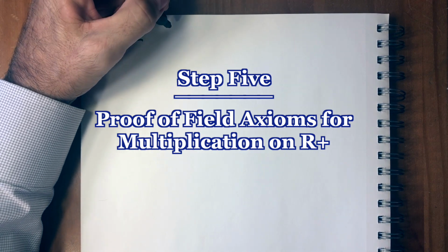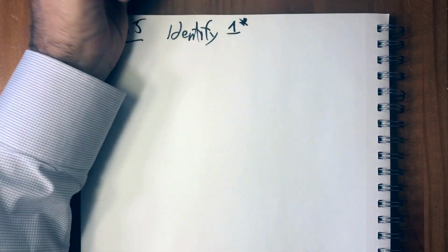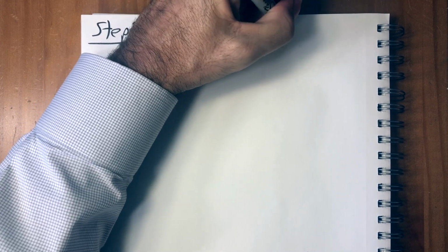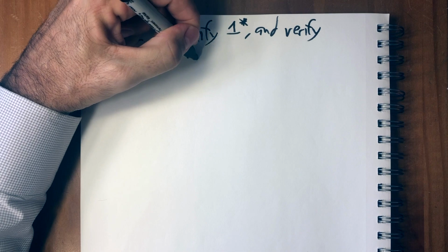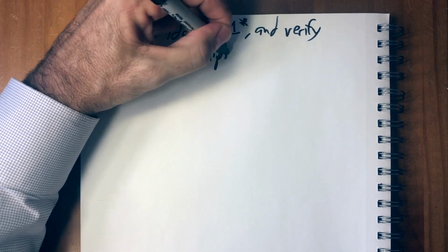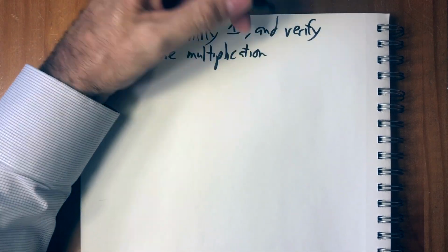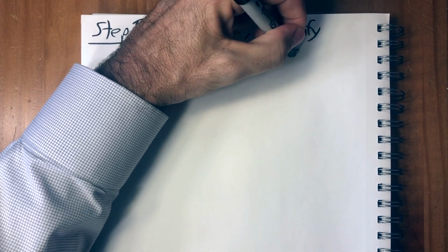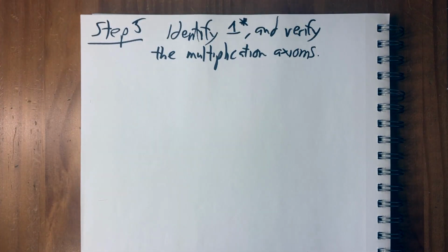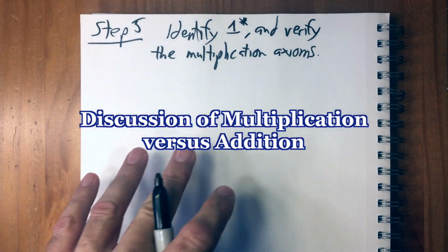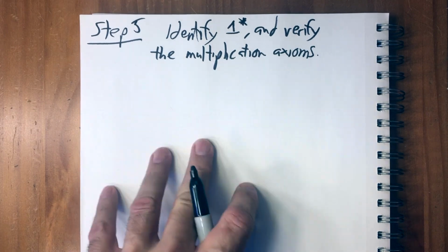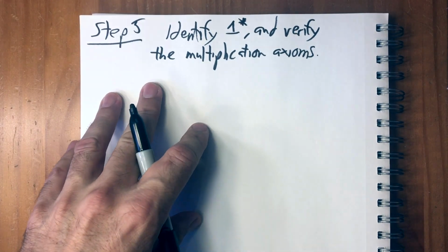We've done addition. Now we have to identify a multiplicative identity and verify the multiplication axioms for a field. It's interesting because Rudin says that the proof of the multiplication axioms is virtually identical to the